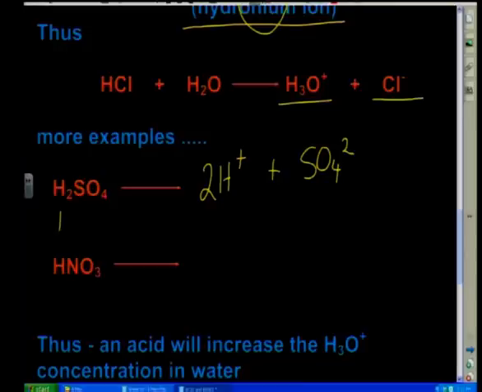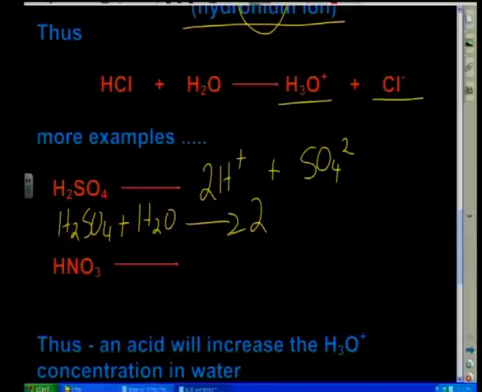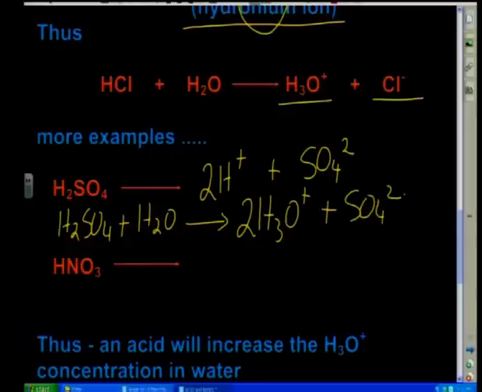So what we can do is write this down as H2SO4 plus H2O gives us two H3O+ plus SO4 2-, and I need to make sure that I balance it there as well. So can you see now that sulfuric acid is able to release two hydrogen ions, which means now that we need two water molecules to form two hydronium ions and the sulfate ion as the residue.